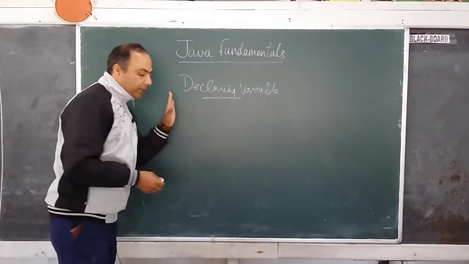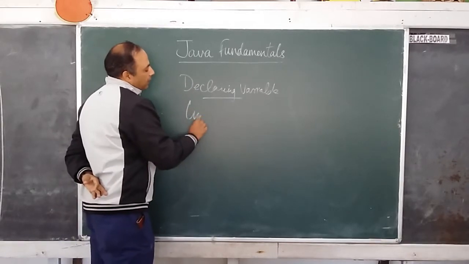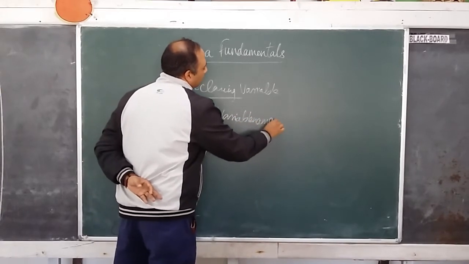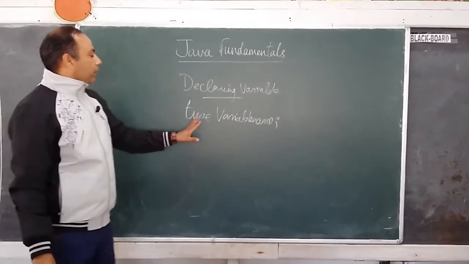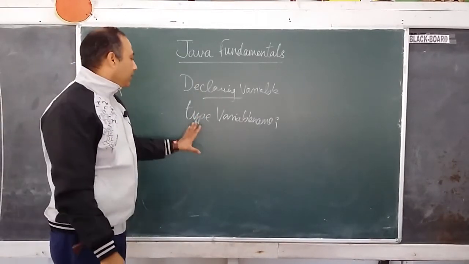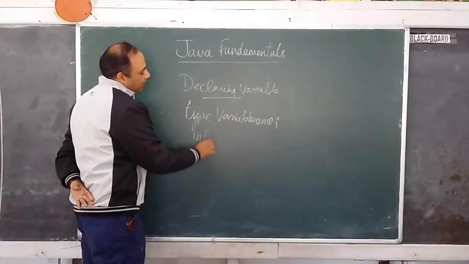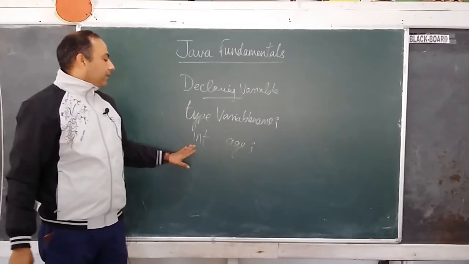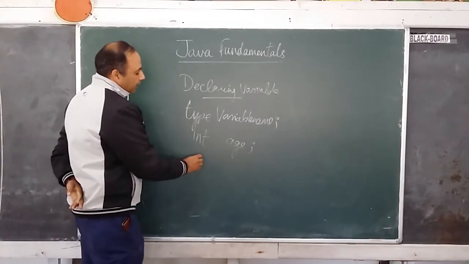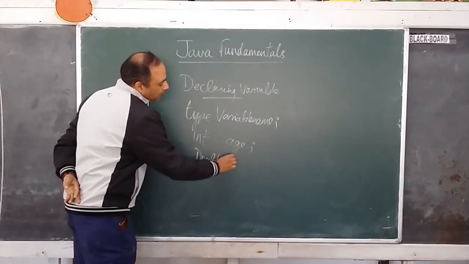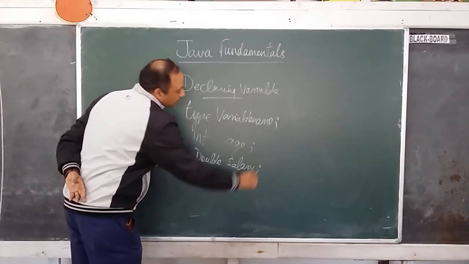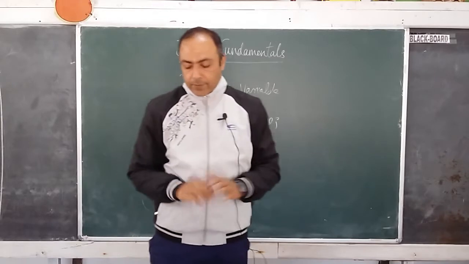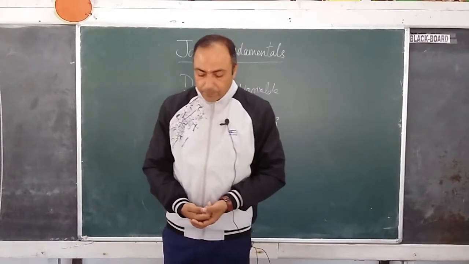So when we declare a variable, we have to specify the type and variable name, followed by a semicolon. Type means the data type. Suppose you are using the integer type, so here I am declaring an integer value: the data type is int and age is the variable name. If I write double salary, then double is the type of data and salary is the variable name. This way we can declare a variable.